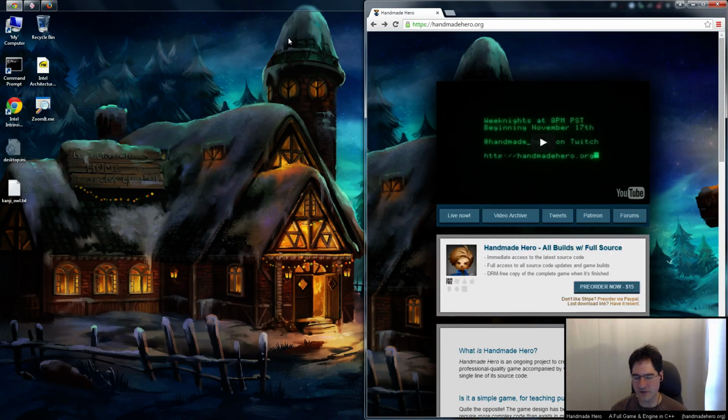We are coding some interface code right now. We're coding some UI, some user interface. Only this is actually not user interface for the game, it's user interface for the developer. We are trying to make a few little UI elements that we can use when we are running the game in sort of our development mode so that we can do things like, if we want to edit values or we want to toggle things on and off or be able to select what we are trying to view in our profiler was kind of one of the things that motivated us to do this particular thing that we're doing